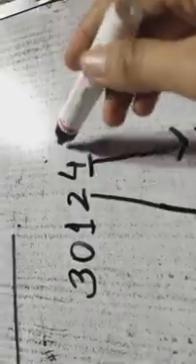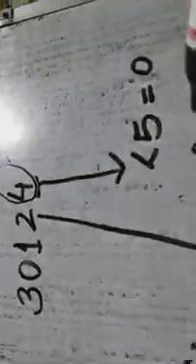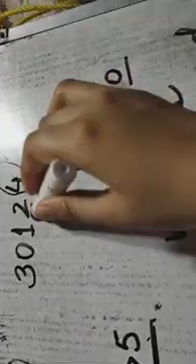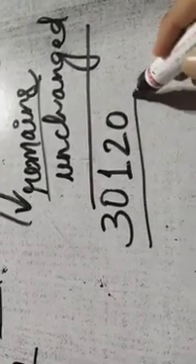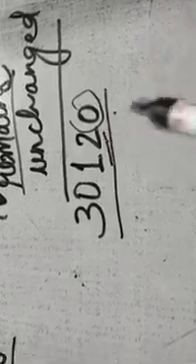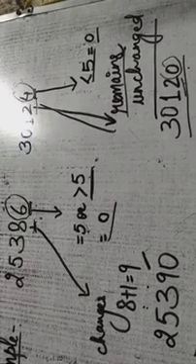Now next example we have is 30124. Now they are saying that if you have this ones digit which is less than 5, then make it 0, and this tens digit remains same. Okay, so the new number which we get, earlier we had 30124, is 30120. We have changed this because it is less than 5 and this remains unchanged. Okay, so this is how we round off to nearest tens.